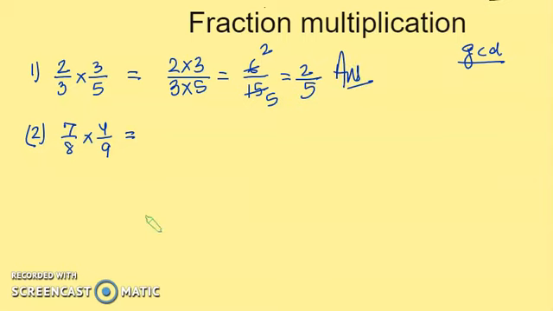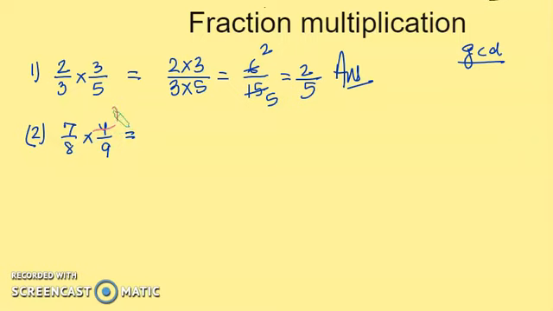Similarly, in the second example, if you take a look, it is 7 here and 4 here and 8 here and 9 here. So this method you can understand. In this method I am not going to multiply first. I will simply cancel out the numbers here itself. 4 and 8. Greatest common divisor is 4 in this case for 4 and 8. So 4